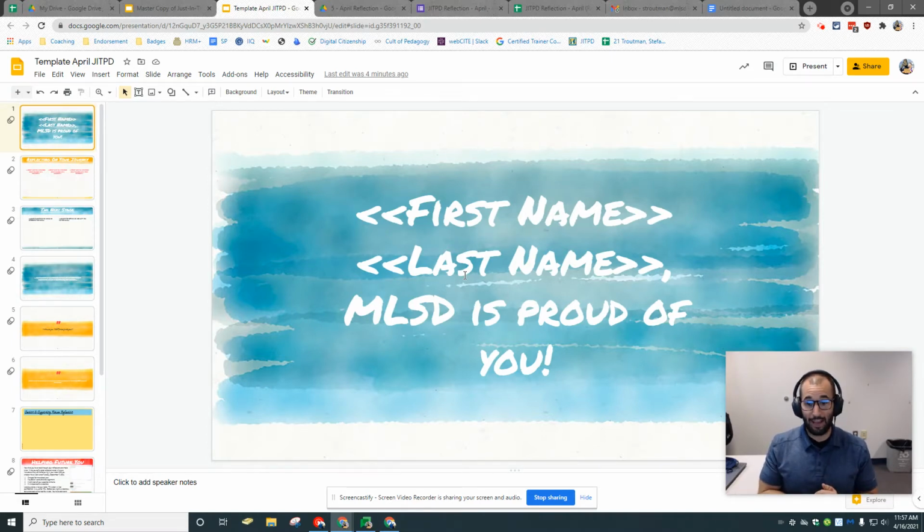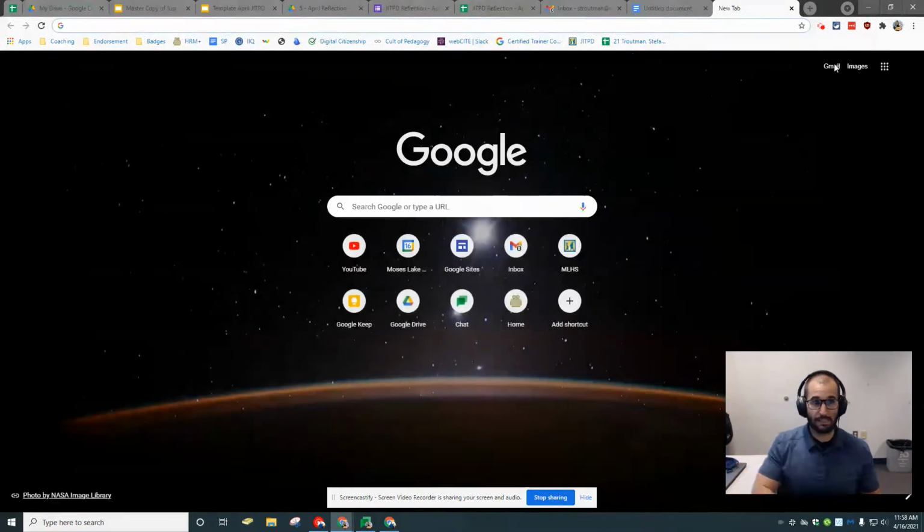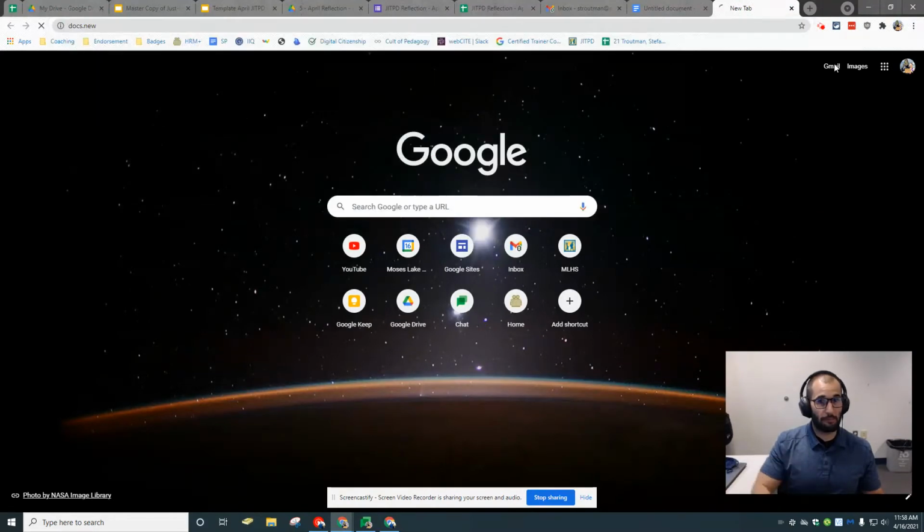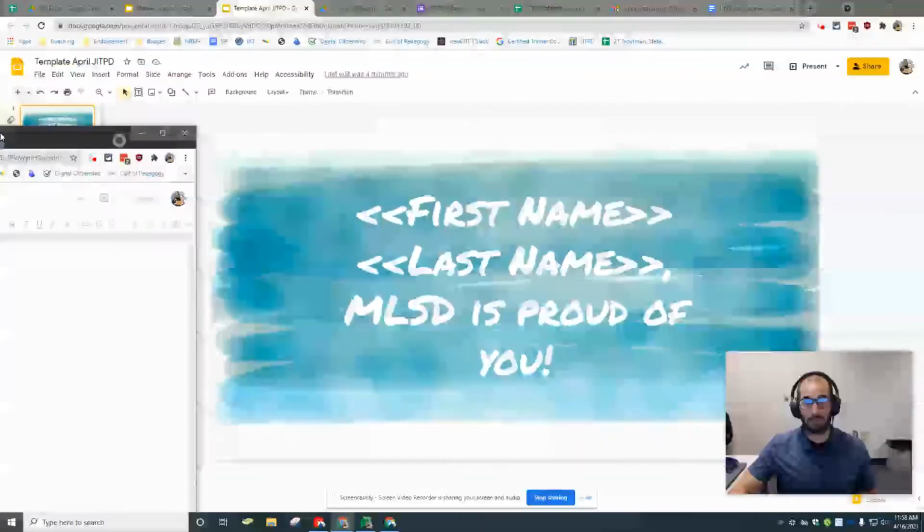When you're on the slide, when you're making the template, what you want to do, and this is really, really important, this is how AutoCrat works, you want to take word for word what the questions are in the form and put them in these little carets wherever you want them to go and format them however you want. So what I mean by that is I'm going to open up a new doc, split my screen here for you,